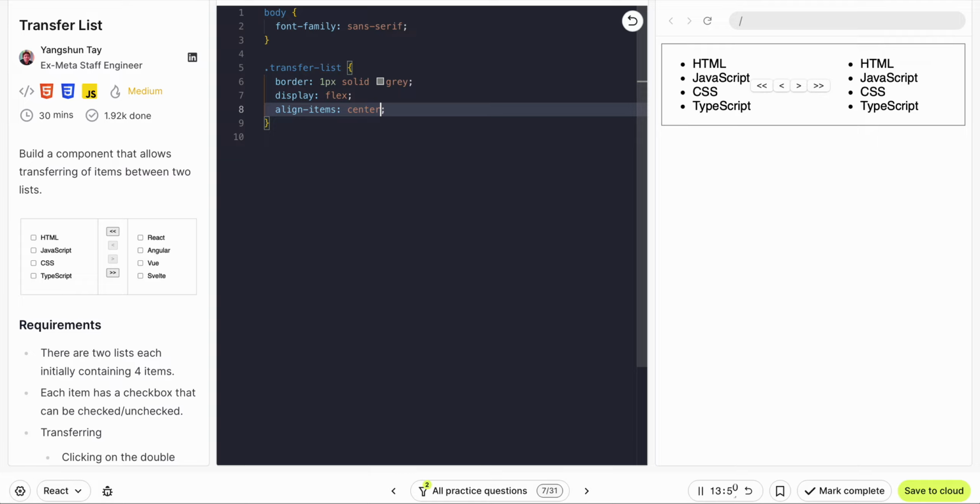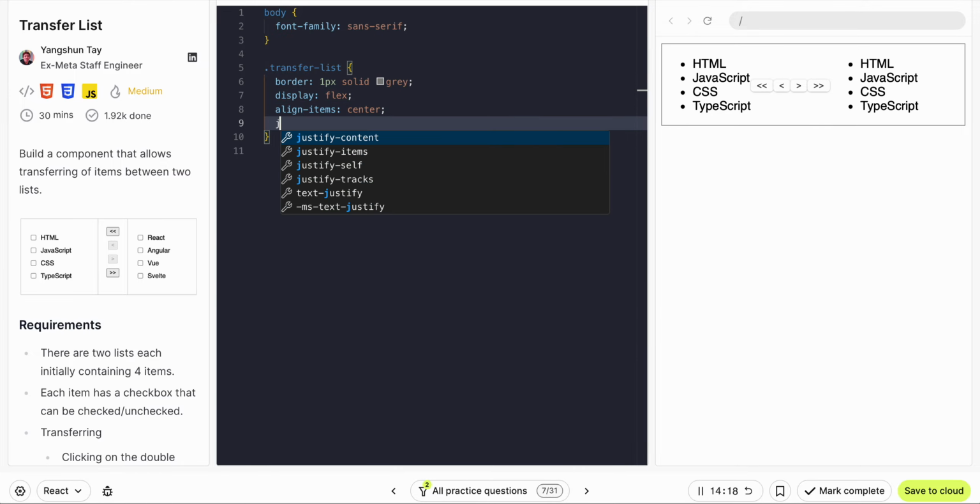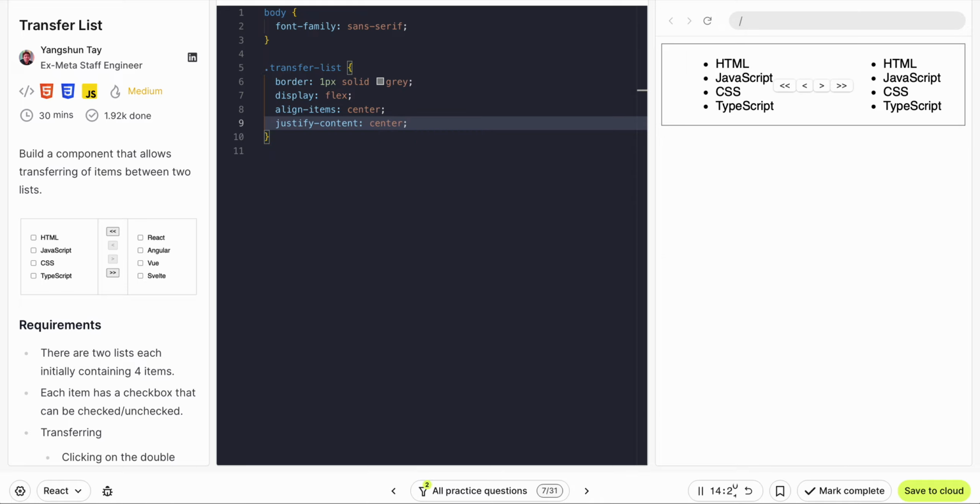Now there is another thing that we have to maintain. If I put align items center for this one, let's say we're going with the list, then maybe it will jump around. So I'm considering this one to be start. So justify content should be center as well so that we always get